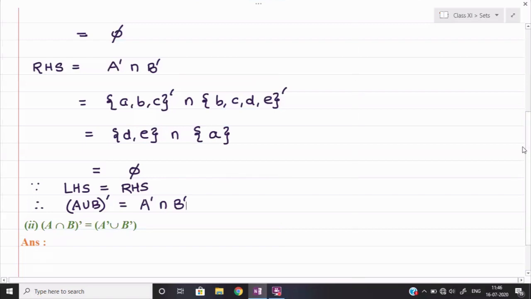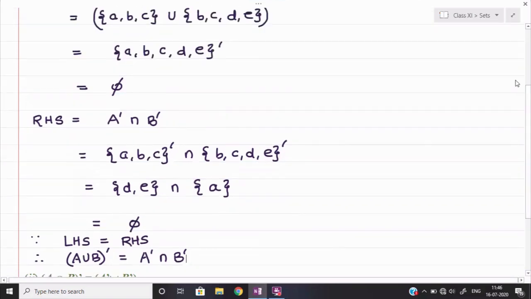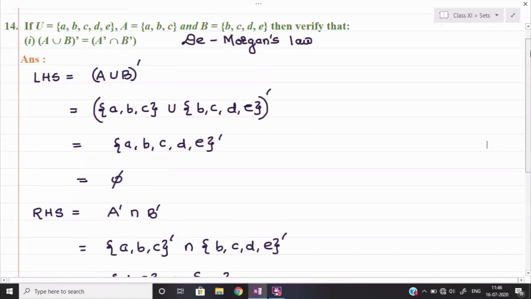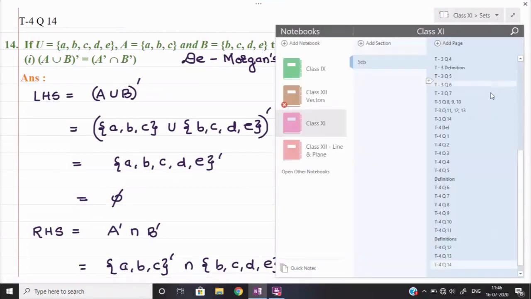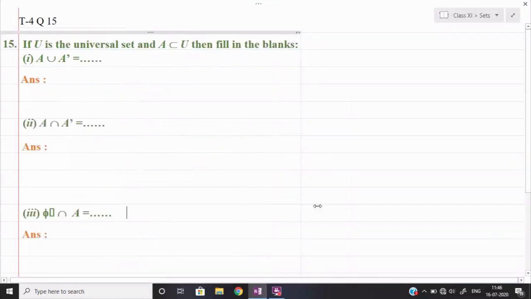Now I think I am taking today's last question. This was question number 14, I suppose. Yes, so the last question of today that I am taking is question number 15. Now they are saying U is the universal set and A is a subset of U. Fill in the blanks. This we have already seen in the earlier parts. I told you we shall prove it a little later. So let us see what we can fill in. Actually you can fill in the blanks with the help of just the properties. And if you want to prove it, then also let us see how we can prove it.